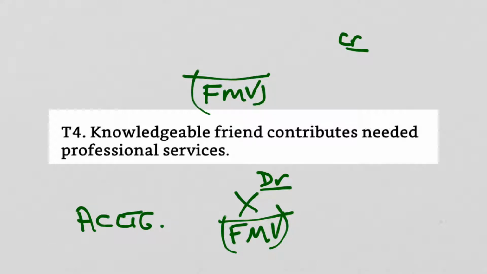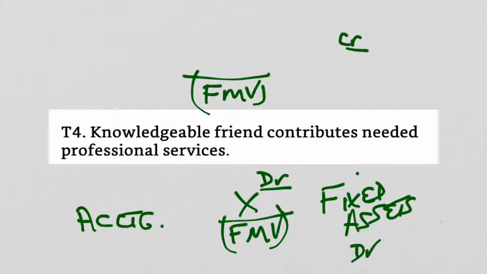Here's the credit. Could also have been to a fixed asset, if that's what it was. Sometimes a builder will donate a building or donate equipment, things like that. And so the debit could have been to the fixed assets. The credit will have been to, that's right, revenue,